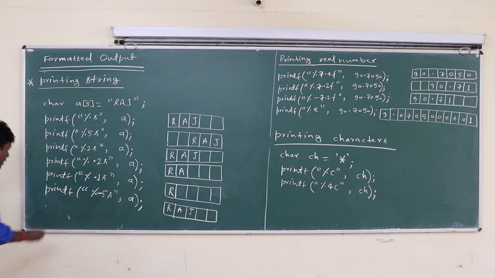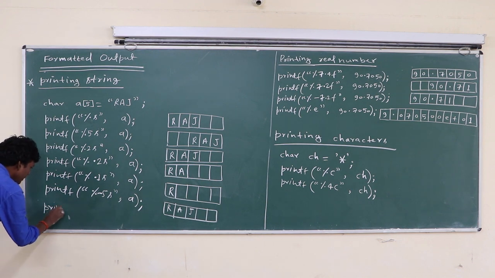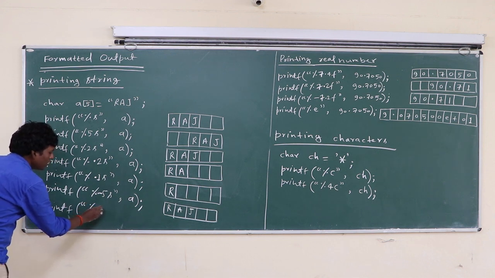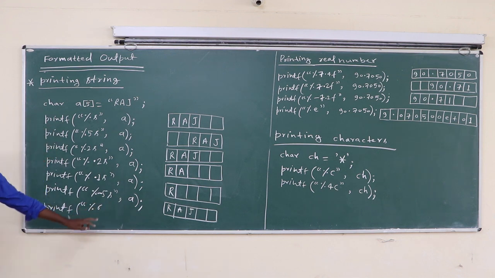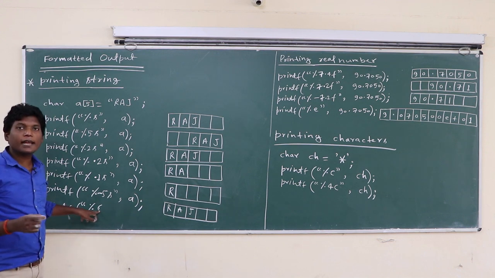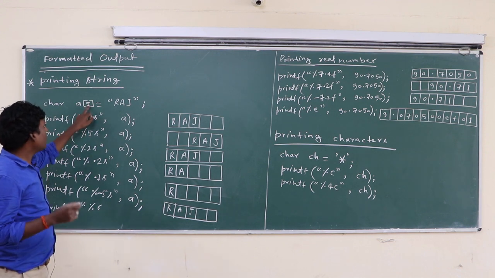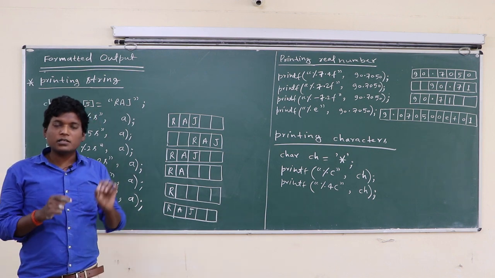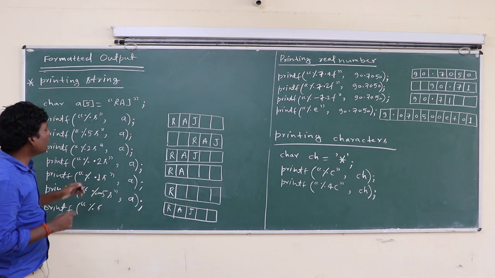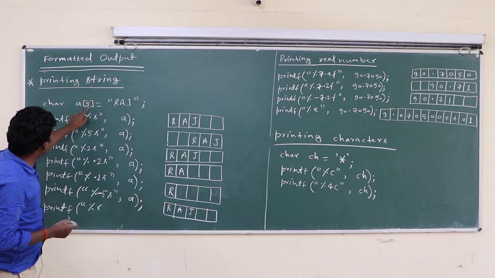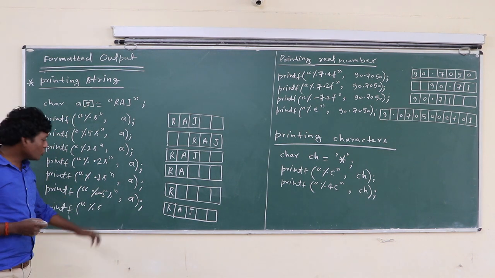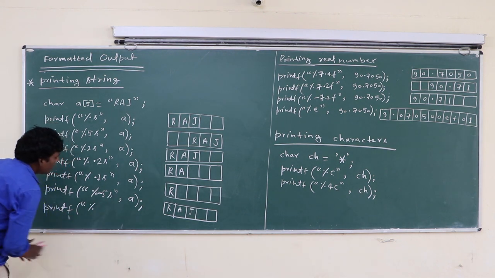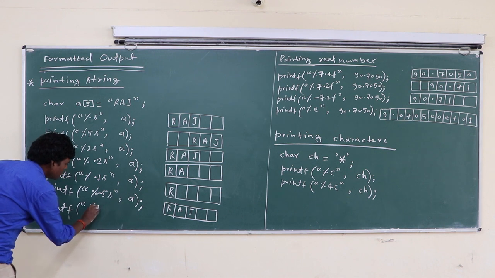Okay class. Another question. Printf %. B cannot use 6. B cannot use 6, 7, 8 because the array size has a maximum limit of 5. So B can use a field width up to 5 here. If you want to increase the field width, then you have to increase the array size also. So B cannot take field width 6.